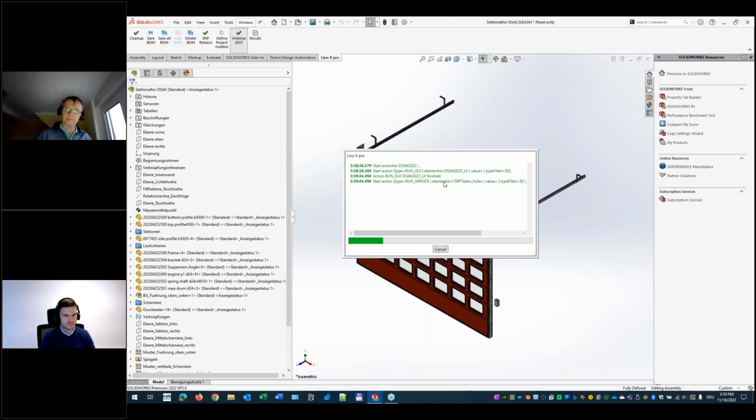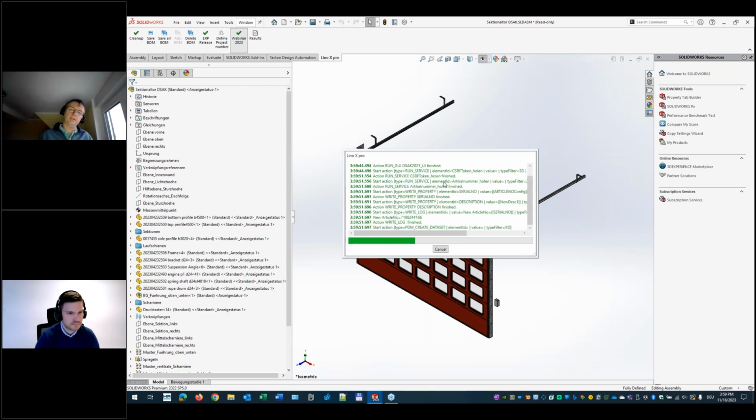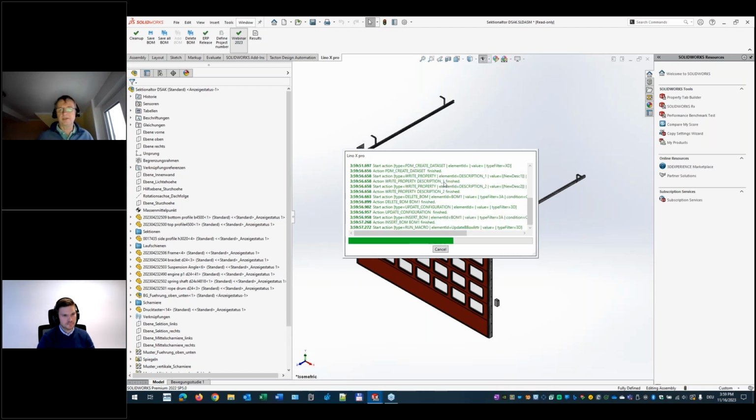So now the process starts that the system logs into the ERP system in behind, gets a new number, a new article number, and creates with this number a new file in the PDM system for this model, which is the normal process of ETO, the normal work of an